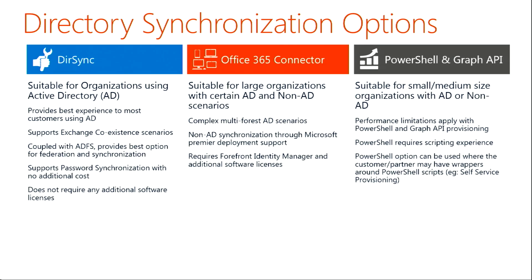Another reason might be that, for those of you who know FIM, it's a really complicated product, and there's a lot of things you can do that are really cool. You can do pretty much filtering on anything that you could possibly want to do. You can set up advanced workflows. But we're not going to really cover that now. In fact, I'm going to mention another session, which is ATC 334, the Identity Jigsaw Puzzle, which is going to be in Central C on Friday at 1:45. Carol, who is a Forefront Identity Manager MVP, will be discussing some of the options there, so I'd highly recommend going to that session if you're thinking about using FIM to connect to Office 365.